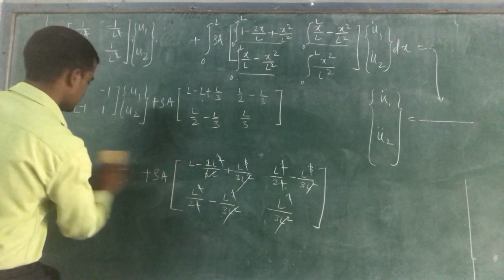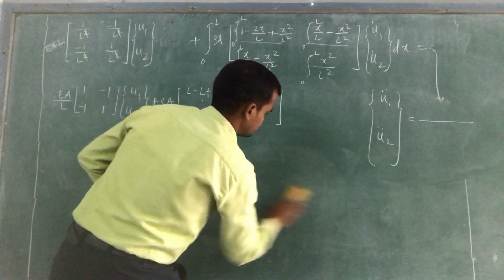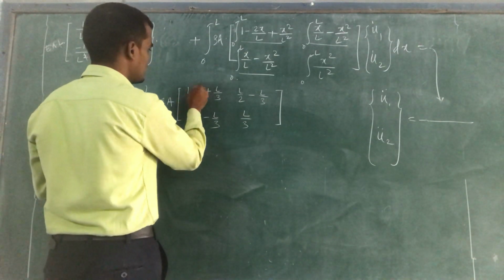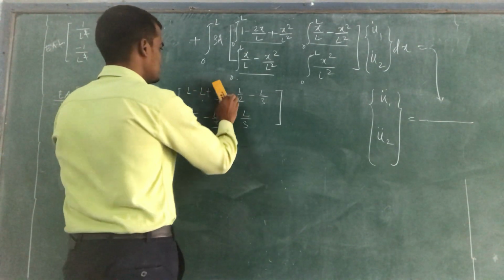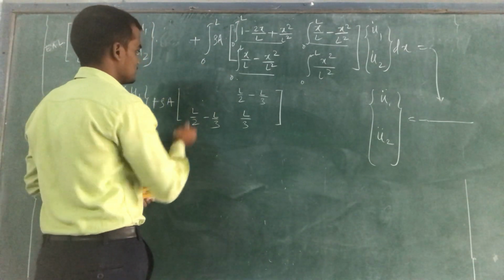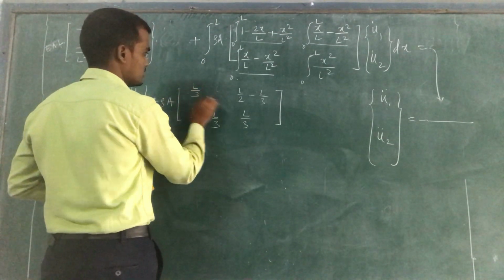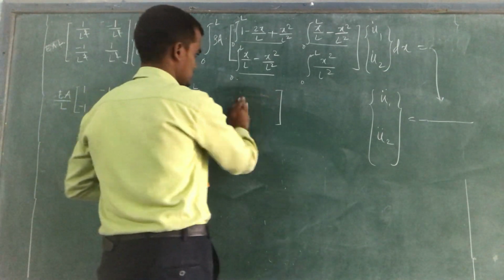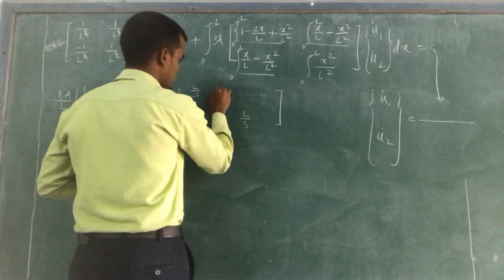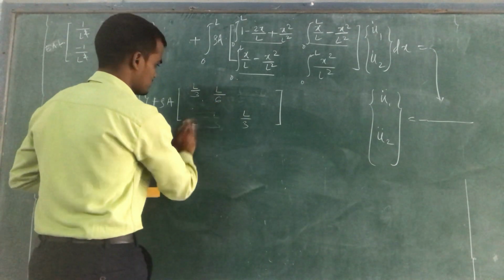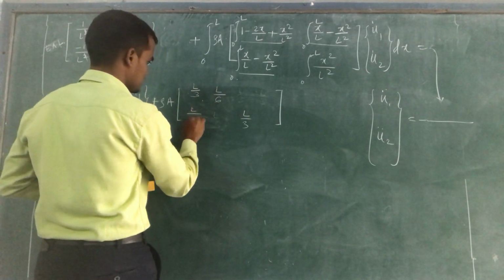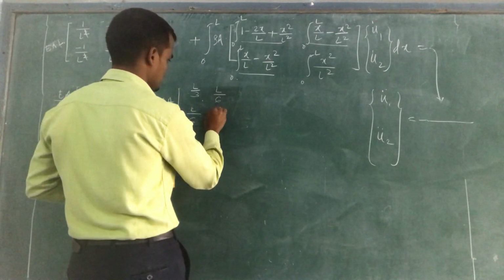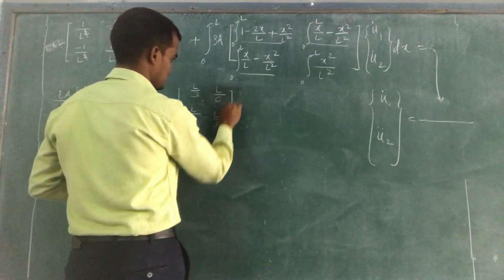So finally this matrix will become L minus L, it will get 0, so here only L by 3 will be. So L by 3, here 3 minus 2L, L by 6, so this will become L by 6, this will also become L by 6, this will become L by 3, L by 3